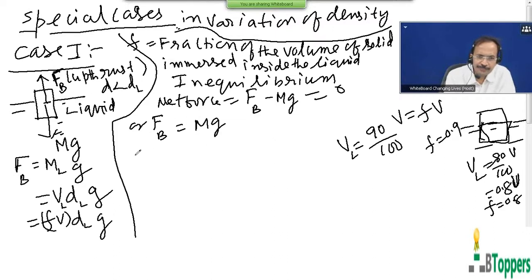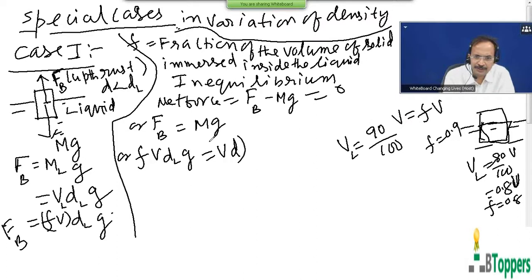So the magnitude of the force of buoyancy, you can write F into V into dl into g. On the right side, the mass of the floating body, you can write volume of the floating solid V into D, where D is the density of the floating solid. So V gets cancelled, g also gets cancelled. Therefore, you get